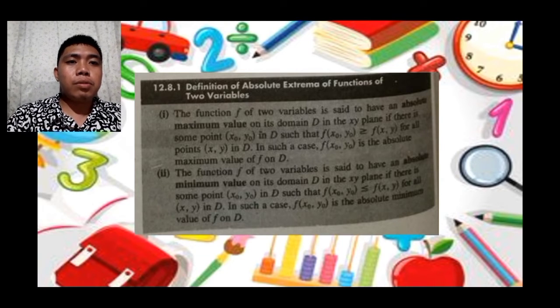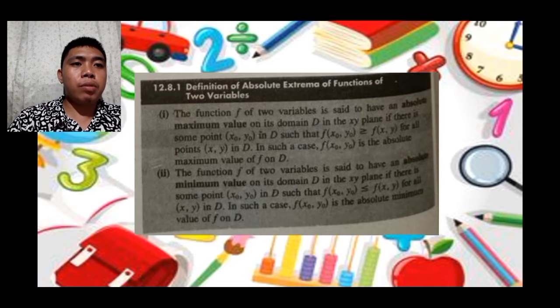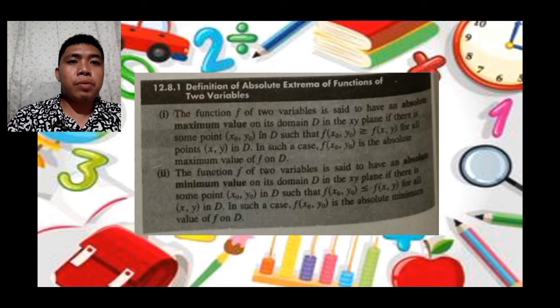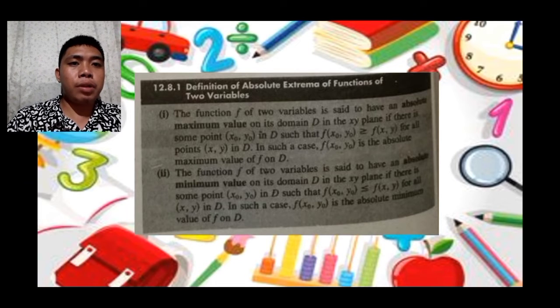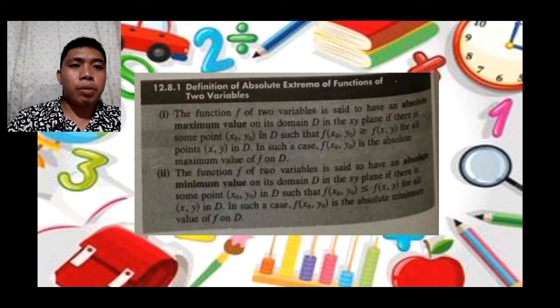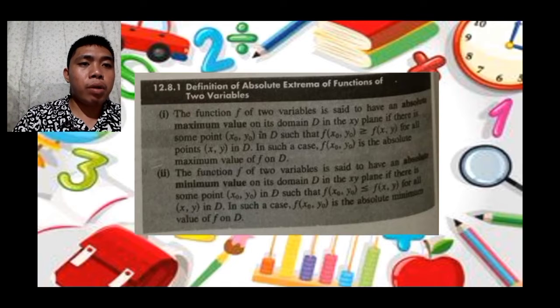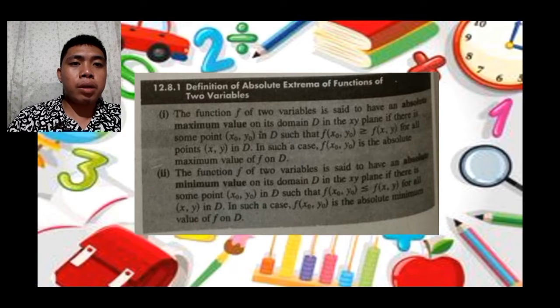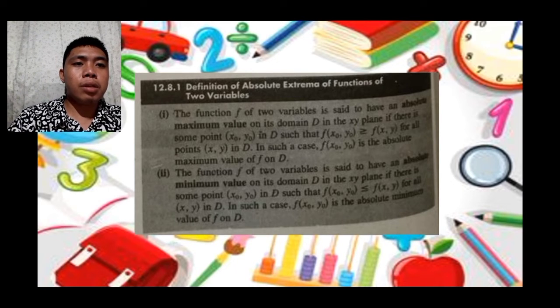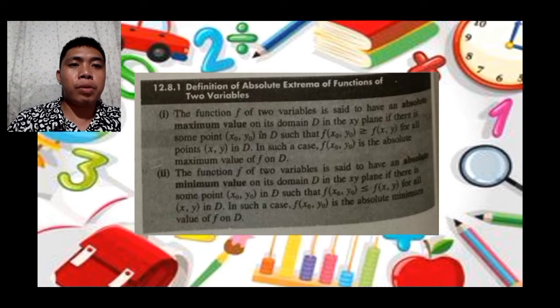First, the function f of two variables is said to have an absolute maximum value on its domain D in the xy plane if there is some point (x sub 0, y sub 0) in D such that f of x sub 0, y sub 0 is greater than or equal to f of x, y for all points (x, y) in D. In such a case, f of x sub 0, y sub 0 is the absolute maximum value of f